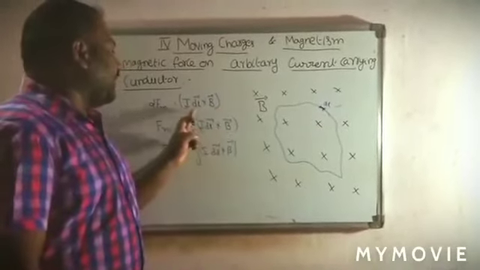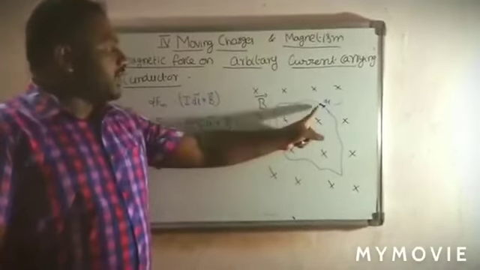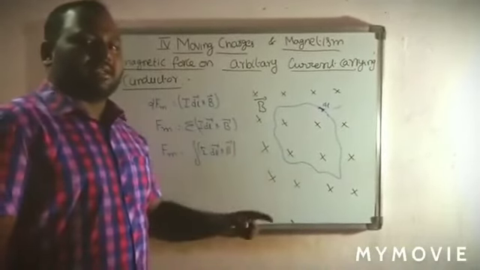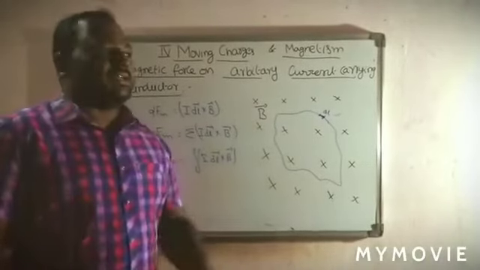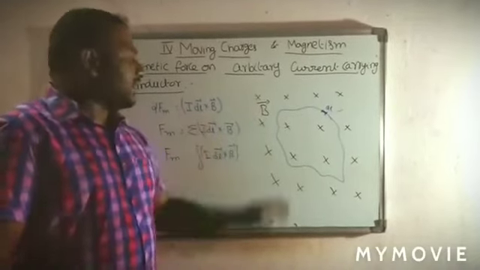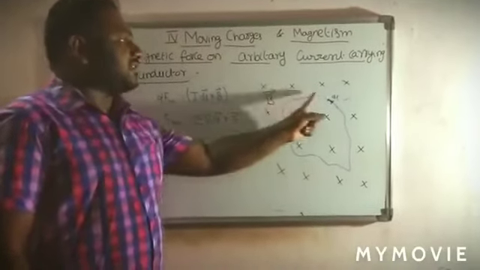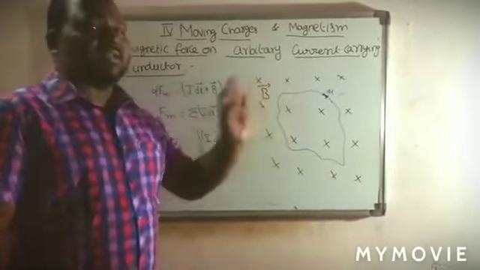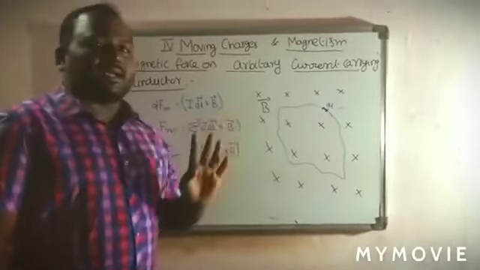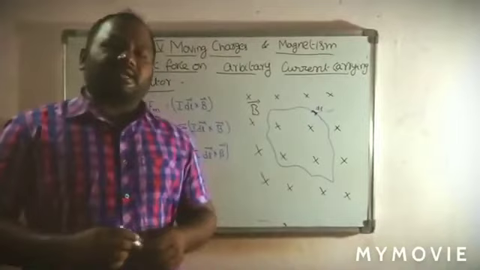For a straight current carrying conductor it is I l bar cross B bar. If any different shape is given, first we assume a small current carrying element dl. By taking integration or summation, it will give the total force on that current carrying conductor. In this also you have to note that the magnetic field is due to an external source, and due to this external field the current carrying conductor experiences a certain force. This magnetic field does not belong to this current carrying conductor. So this is the concept related to force acting on a current carrying conductor.